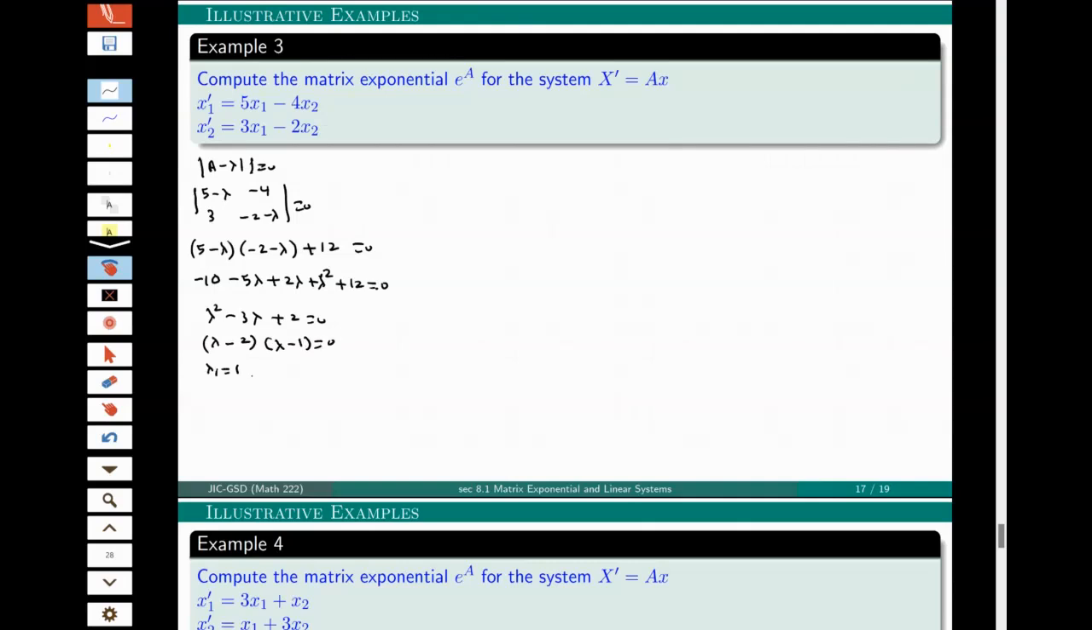So we have lambda 1 is 1, lambda 2 is 2. We solve for the eigenvector. When lambda 1 is 1, we'll get 4 minus 4, 0, and 3 minus 2 minus 1 is minus 3. You can see that when I substitute 1, it will be 4 minus 4, and 3 minus 2 minus 1 is minus 3. Dividing the first one by 4,